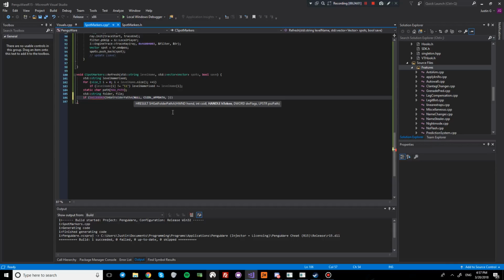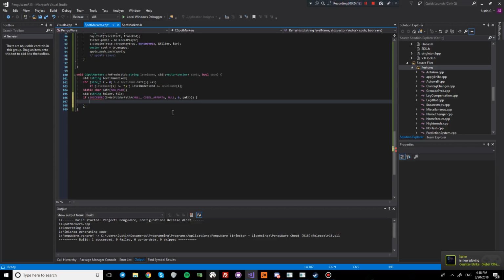Okay, good. For the token, we don't need anything. We don't have any flags that we need, and we're just going to put that in path. Okay, good. So basically, if we succeed at getting the app data path and putting it in this character array, then we're going to have